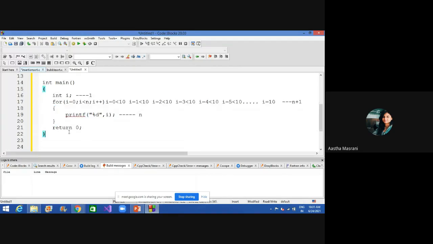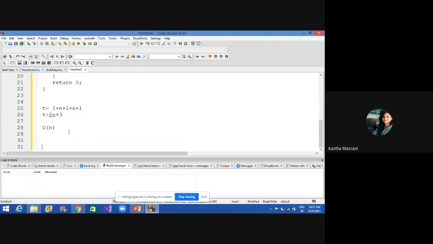That will be n. So the space needed for this program is 10. But if I am not giving the 10 and increment I till n,